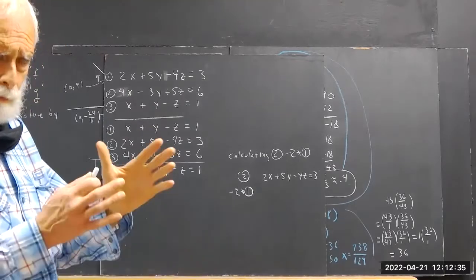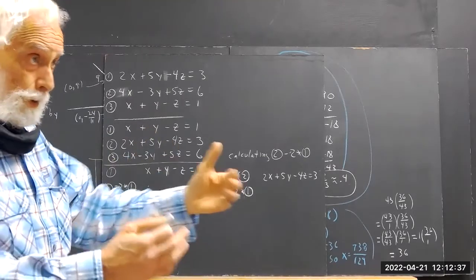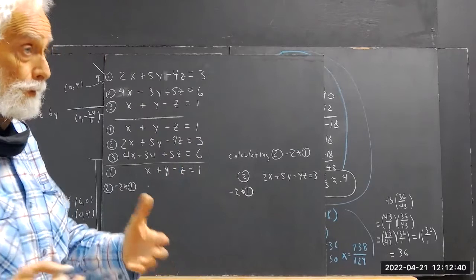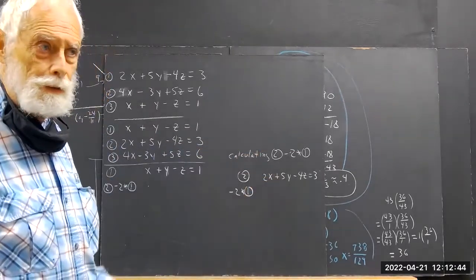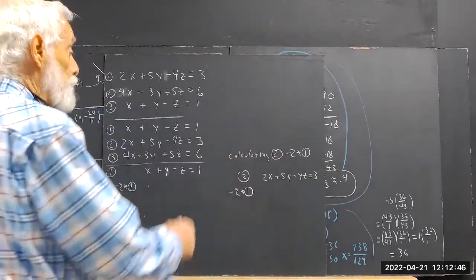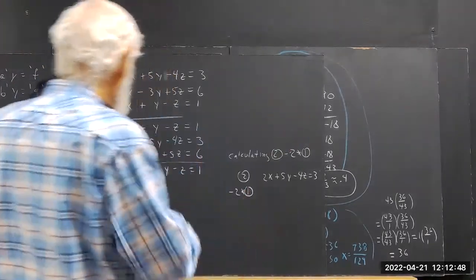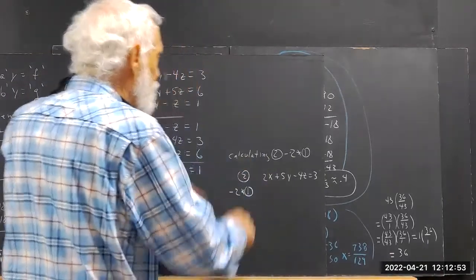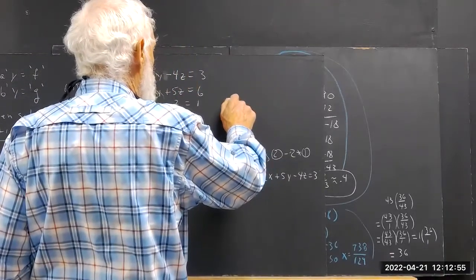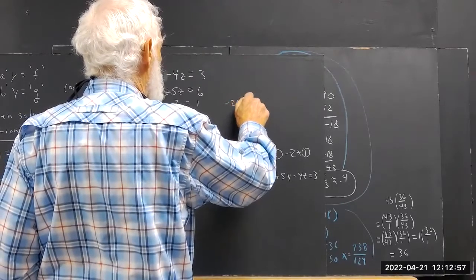You want to avoid doing that so you can see the sequence of how these things develop, okay? So kind of do these side calculations off to the side. So we do -2 times equation 1